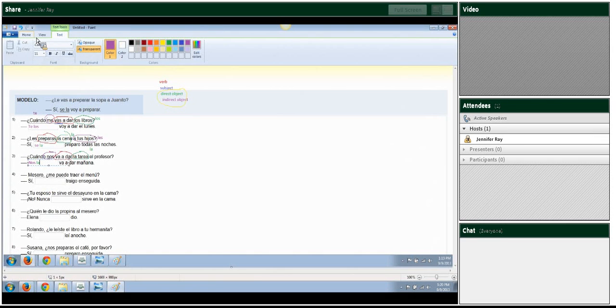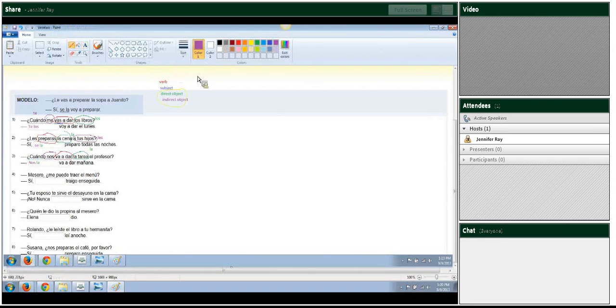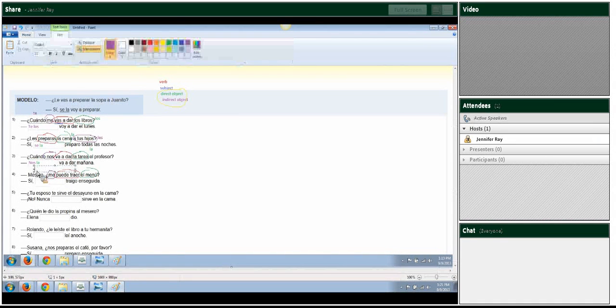So if I go back over here, here's my verb, puede traer. What's being brought? El menú. To whom is it being brought? To me. Okay, so remember, if I say, waiter, can you bring me the menu? Then he's going to say, yes, I will bring it to you. So me is going to have to become te.